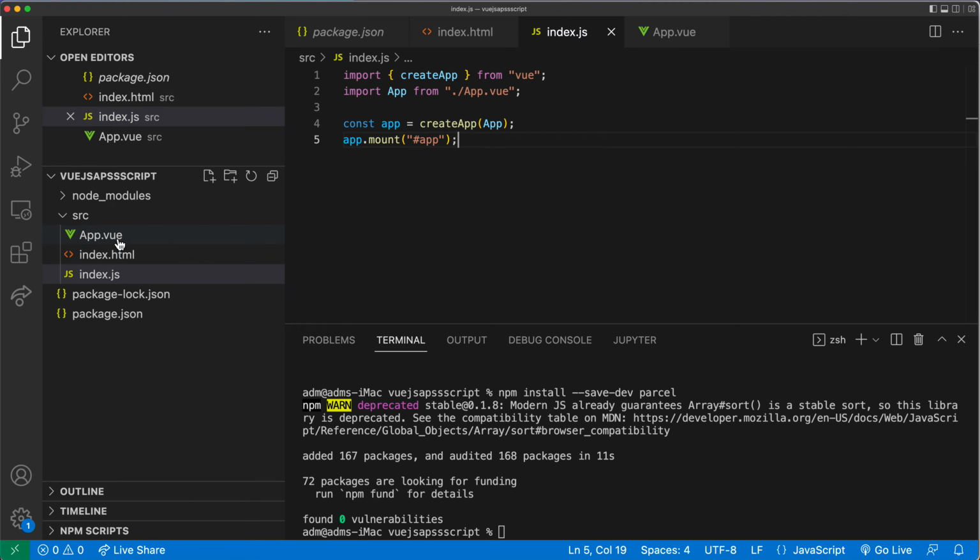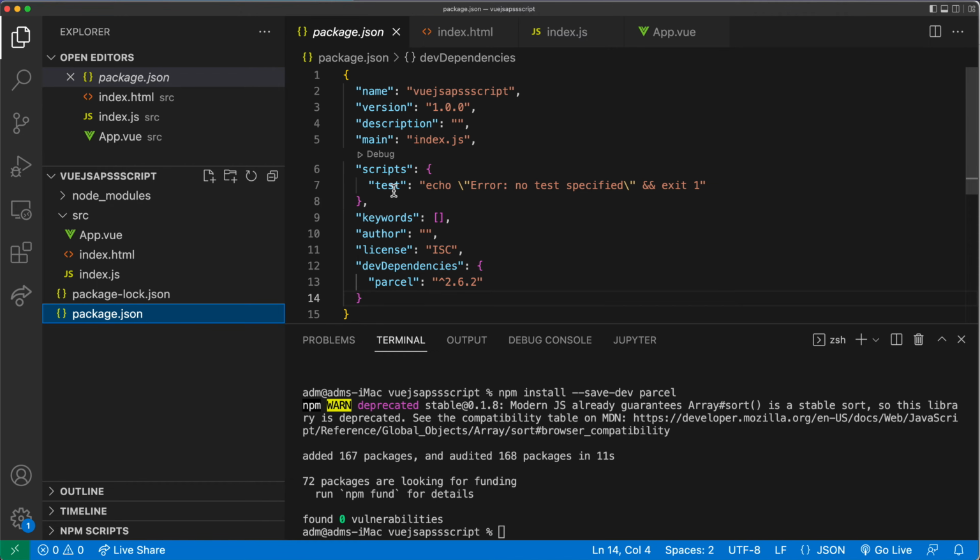Now, if I wanted to start this application, I would have to basically point to this index.html from Parcel. So I'm going to go to package.json, and here we're going to create a script, start, and it's going to basically say Parcel watch, and we're going to point to that file. So from current directory, we're going to go to src directory, and in that src directory, we're going to have our index.html file, which points to this file right here. So as of right now, if I run this npm start,